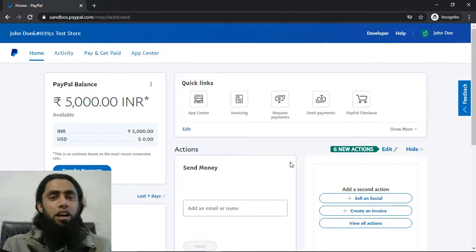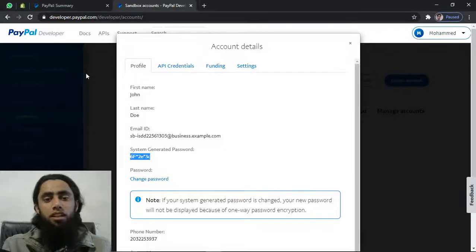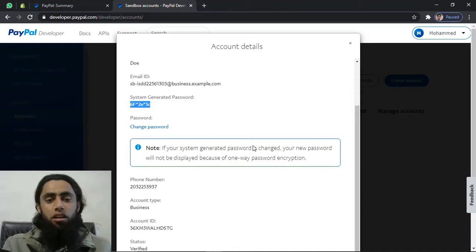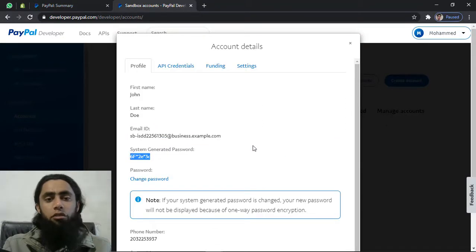So for example, you have integrated the PayPal account into your WordPress website. At that moment you will be adding the details of your business account, and while buying the product you will have to use the PayPal personal account details. All right. So this is the way to see the PayPal account related information.